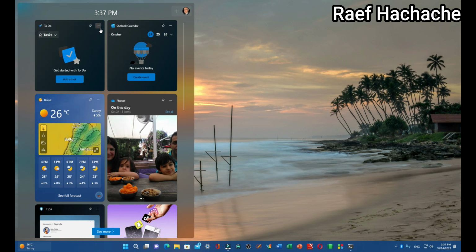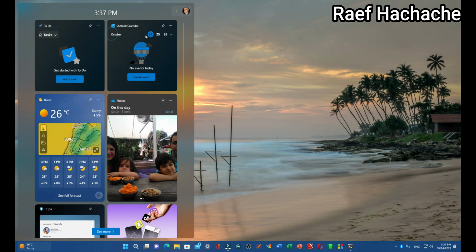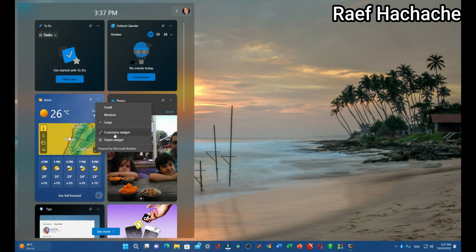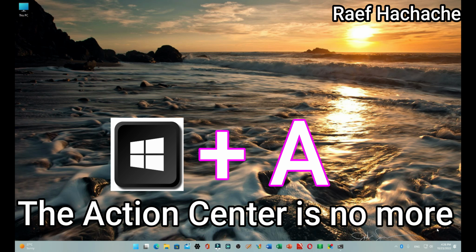You want it medium, you want it large, you want it back medium, and there's the weather. You want it small, you want it medium, you want it large, or you can customize. You can unpin the widget,